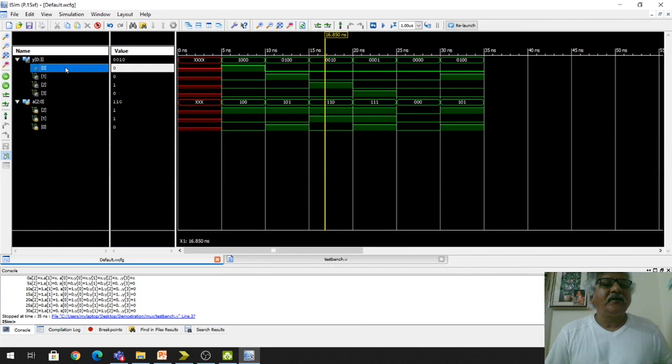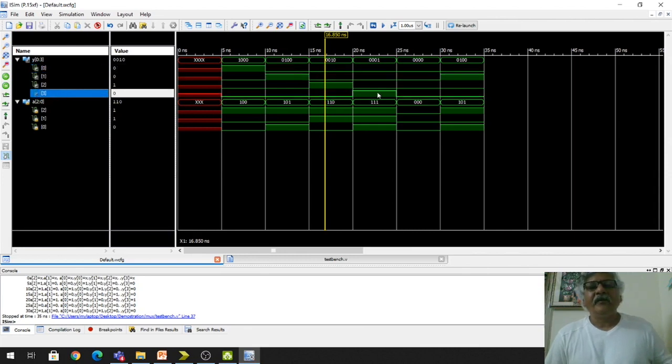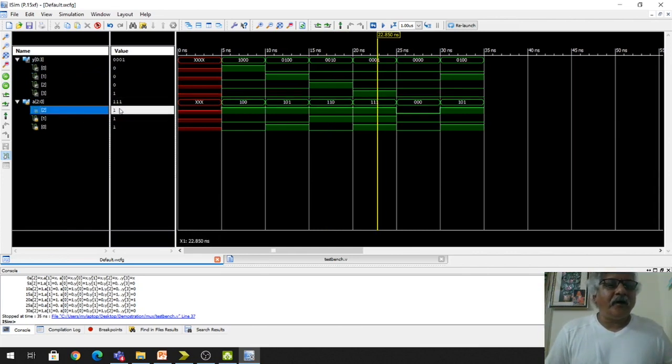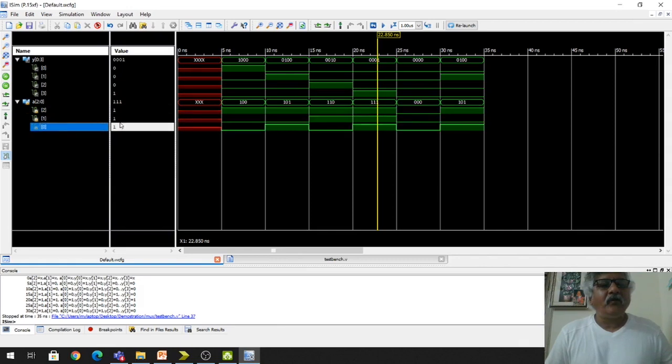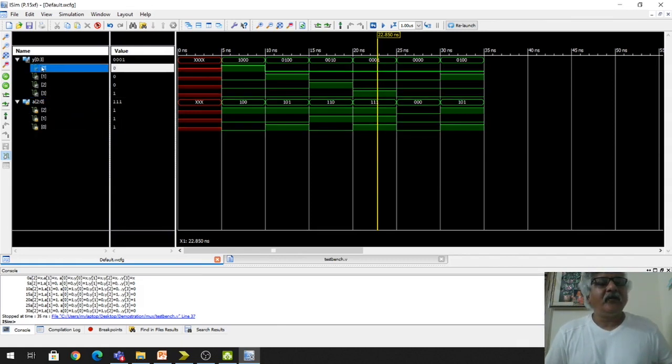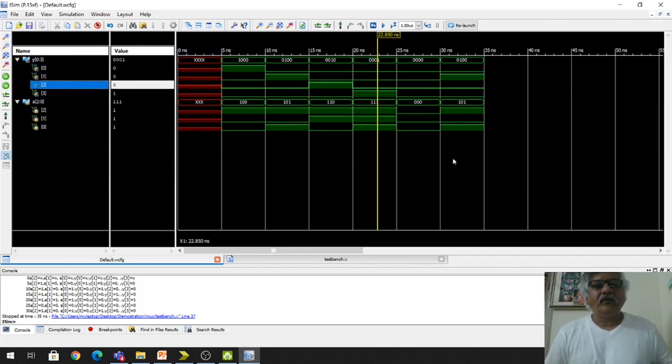The remaining three outputs are 0: Y0 is 0, Y1 is 0, Y3 is 0. We check another condition. Now A2 is 1, this means enable is 1, and A1 and A0 both are 1. This means output Y3 will have 1, and the remaining three outputs are 0. See here, Y0 is 0, Y1 is 0, Y2 is 0.